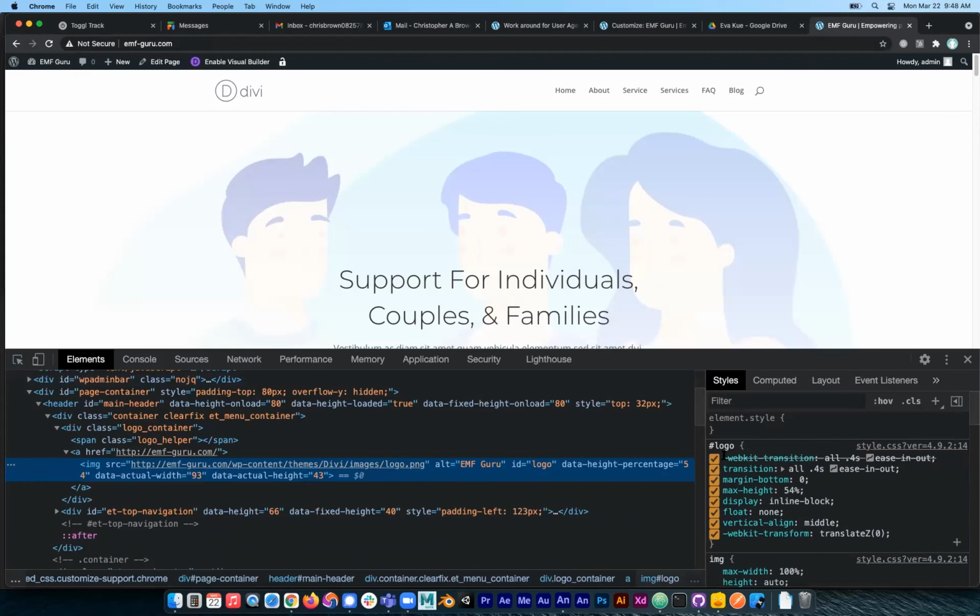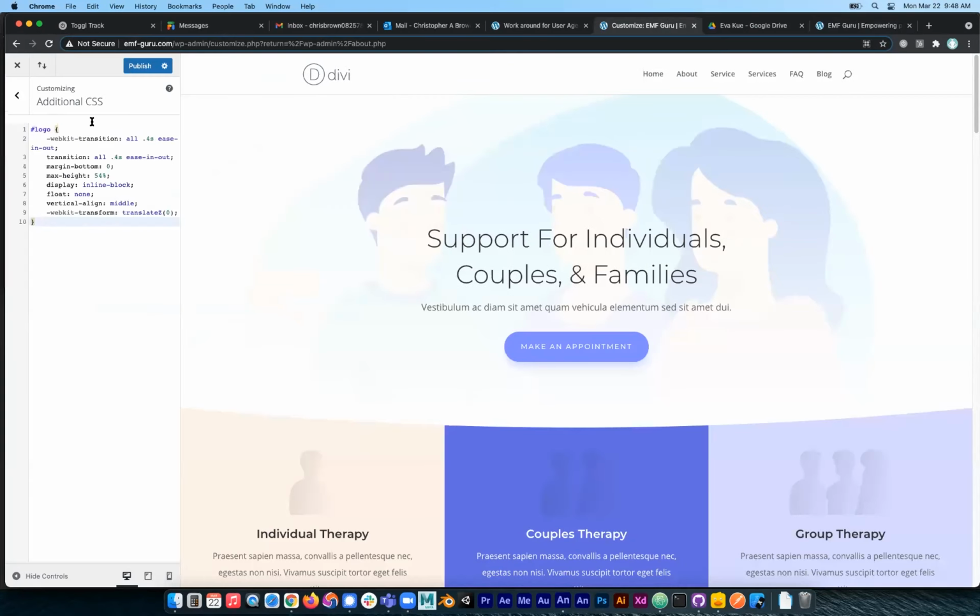So what I want to see is that this logo tag has a bunch of styles on it. All right, so I don't need to copy all of this. I could copy all of this, go back here, paste it in, and now I can see what all of the styles are here, and I could even play with them here. So if I want to mess with this max height, play with it here,